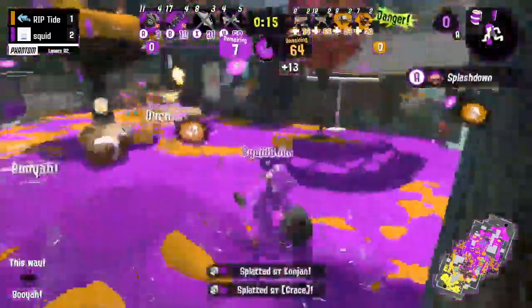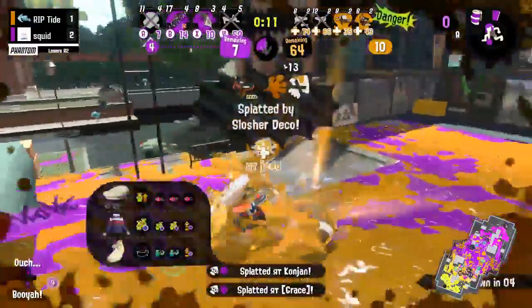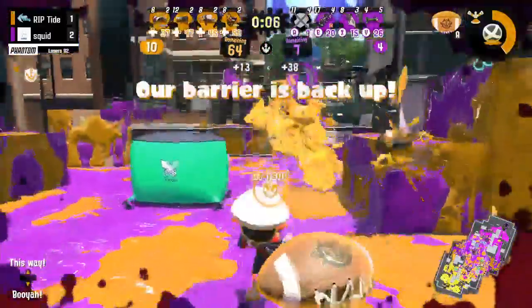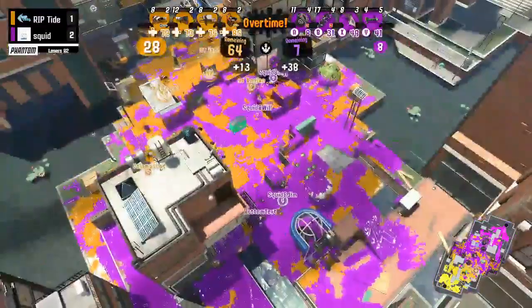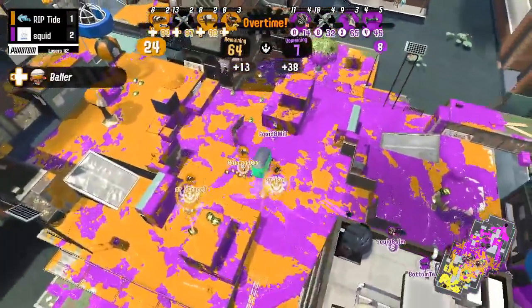Oh, Splashdown. Oh, pick up another couple. That is brilliant. Brilliant splashdown, and they've managed to... So Riptide are going to have to build for one more push in overtime. They've got 2 balls. So this will go into overtime because they're running around with 2 balls. It's not going to be enough points to begin with, but if they get the wipe, plus...